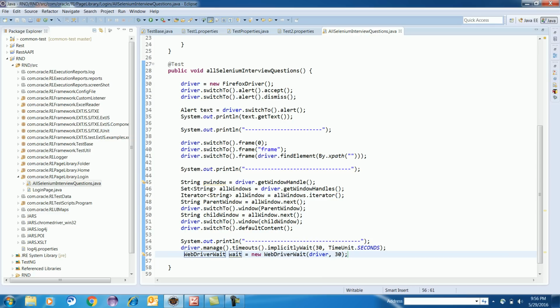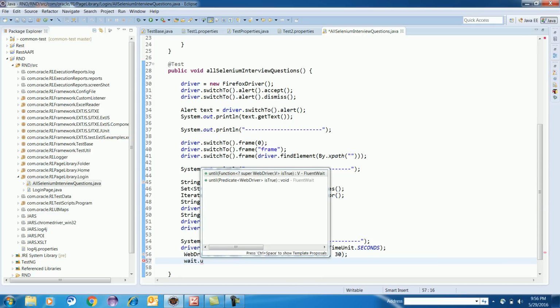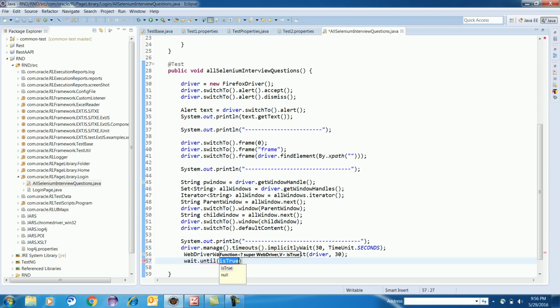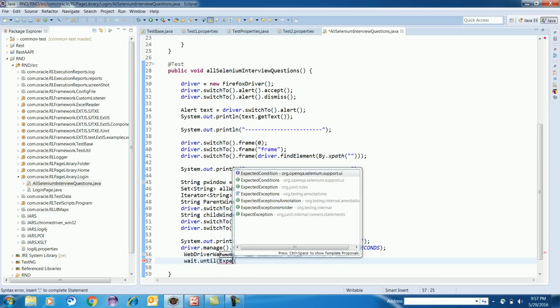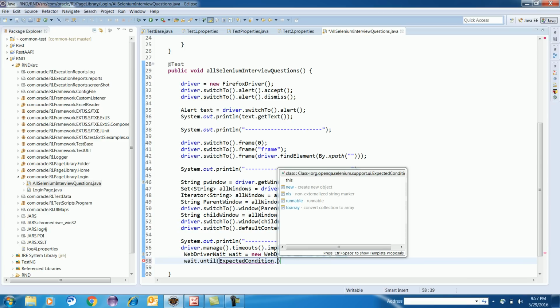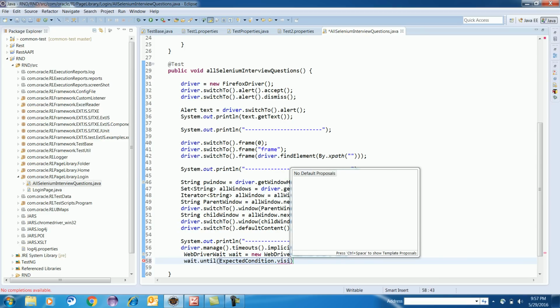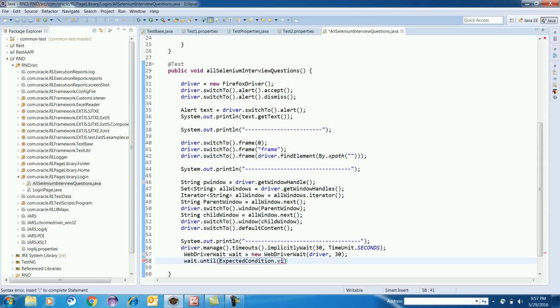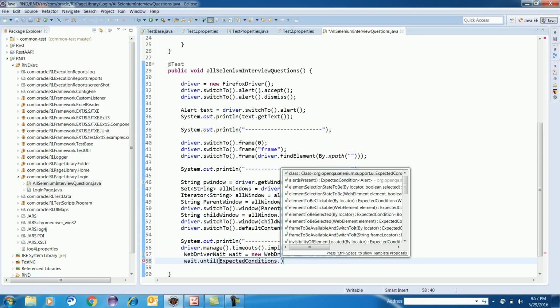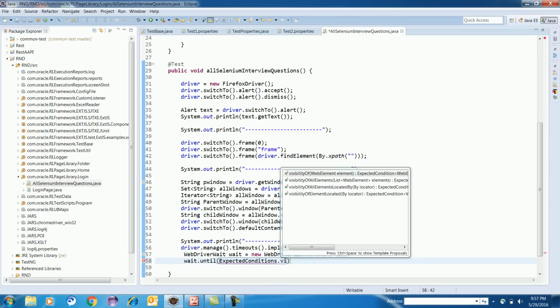This is called WebDriver wait. And then we will write wait dot until, and then we have to write ExpectedConditions dot visibility.